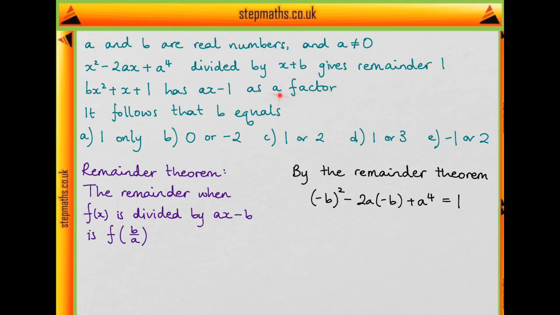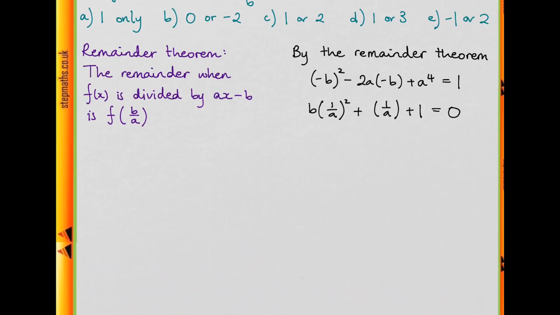And now for the second bit of information, the root of this is 1 over a. So because this is a factor of this, when we put 1 over a into here, we're going to get 0. So now we've got two simultaneous equations for a and b, and you can either solve these equations for b or use the values that they give you, substitute them in and see which one gives you a consistent answer for a. So first, if we were just to solve these equations, let me label my equations 1